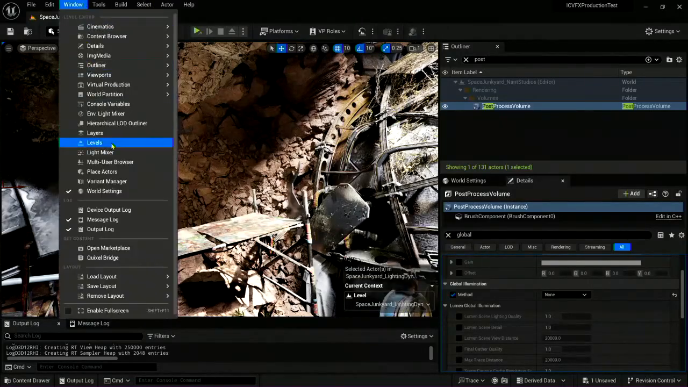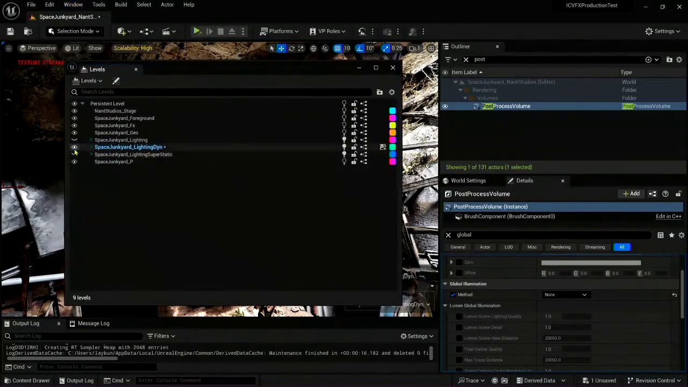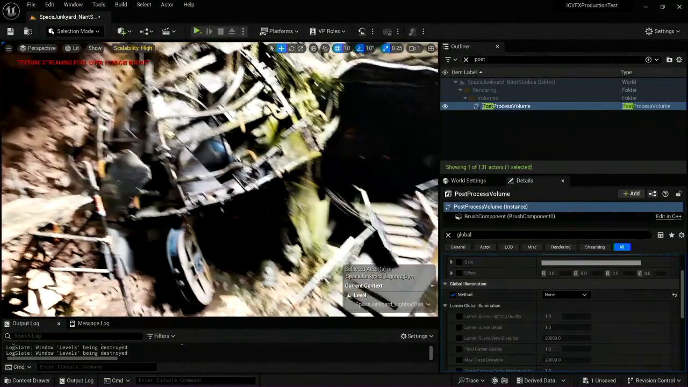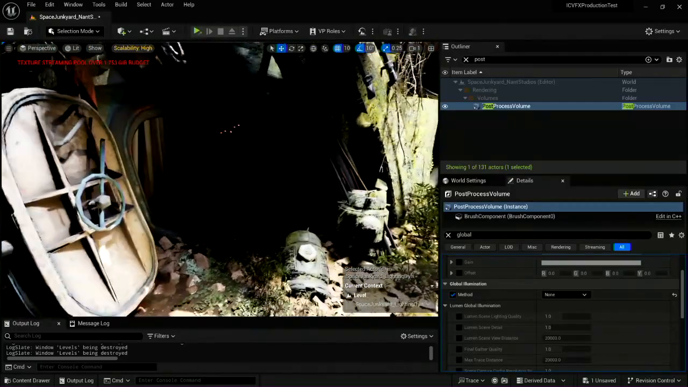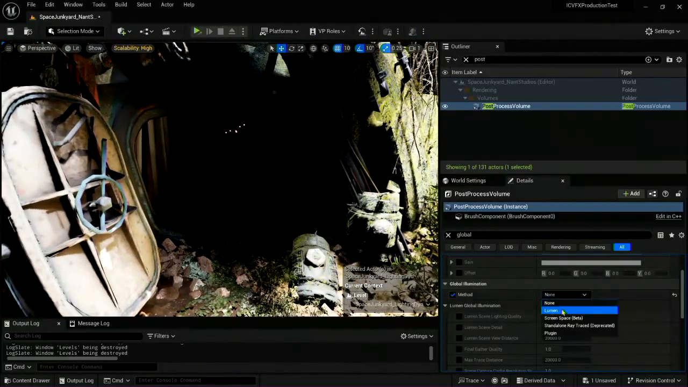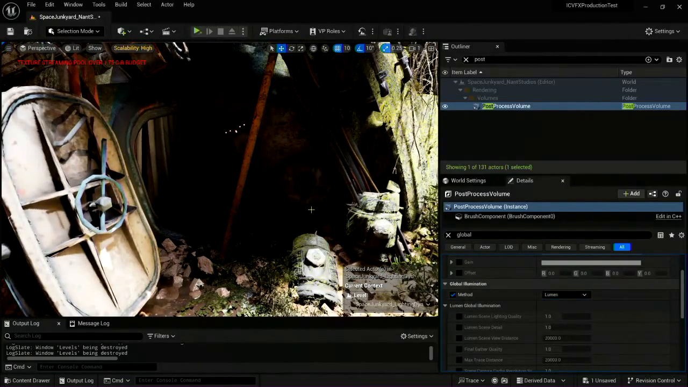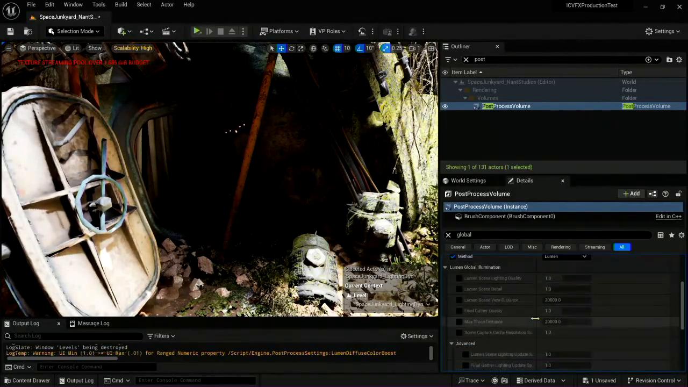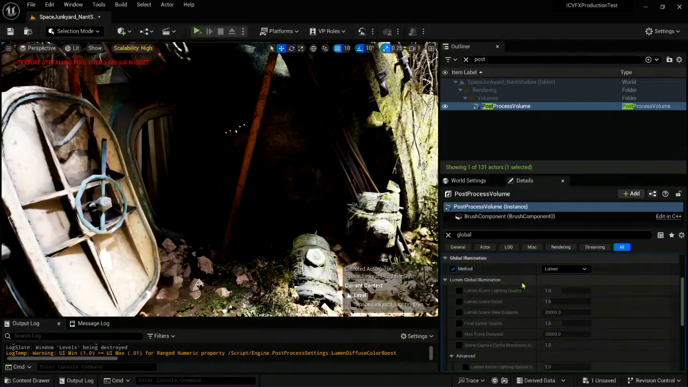I'm just going to make sure all my levels are set right. It is just that one. Yep, cool. You can see this doorway here doesn't have as much bounce lighting in it, so if I switch Lumen back on, you can see, oh, now it lights up a bit, so we get some of that bounce lighting going on. And you can configure the settings of Lumen in here as well, so Lumen global illumination,